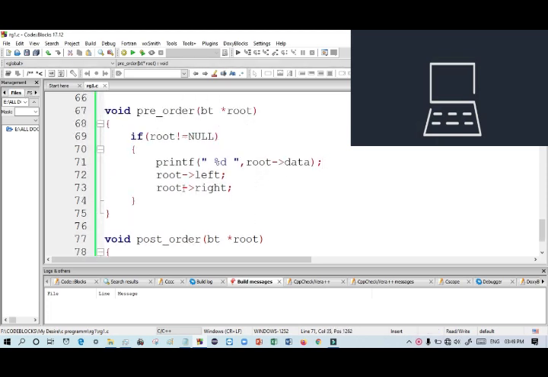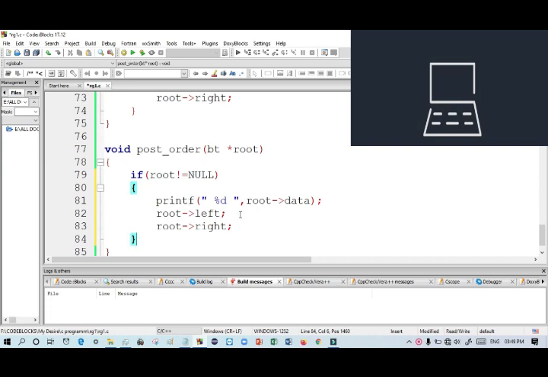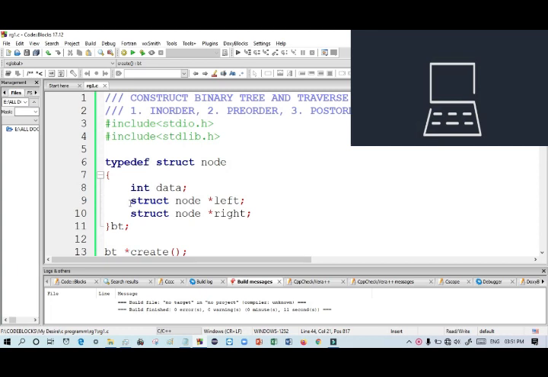So now only post order remains. After this, please correct a few more things. Here I have written node struct, but it will become struct node. Just correct it.